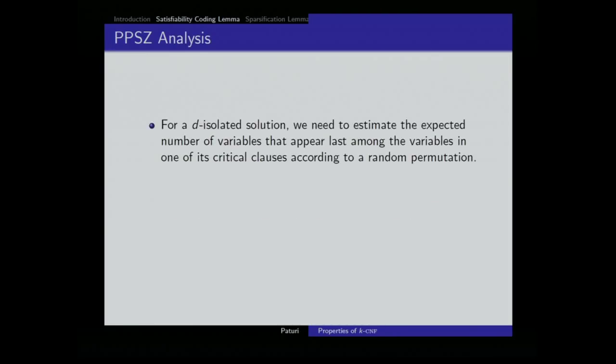So let me talk about the analysis. The analysis is a lot more complicated now, doubly complicated. First of all, even for a de-isolated case, we have to go through more complicated calculations to figure out the average probability of forcing. Before, the average probability of forcing was simple: if all clauses have length bounded by k, the probability of a variable appearing as a unit clause under a random permutation is 1 in k.